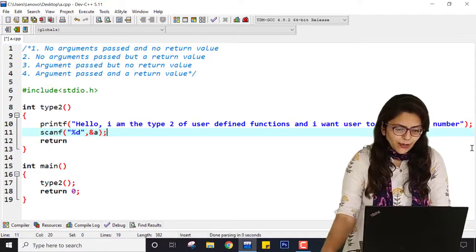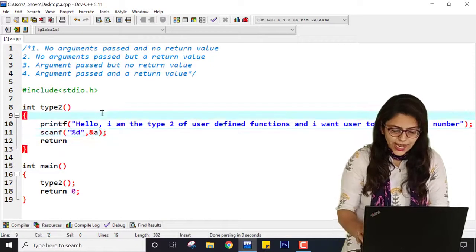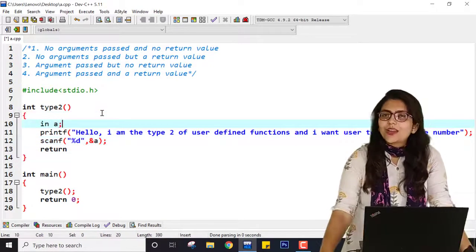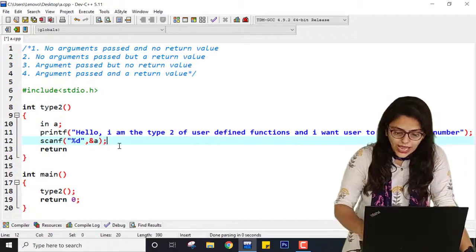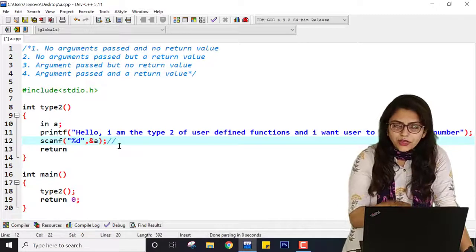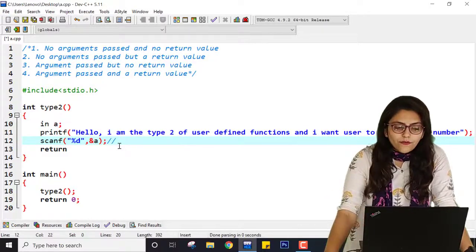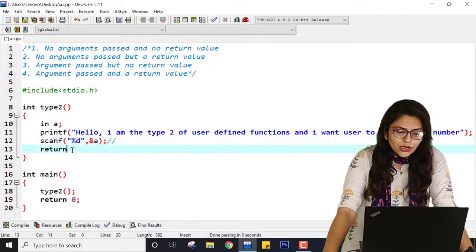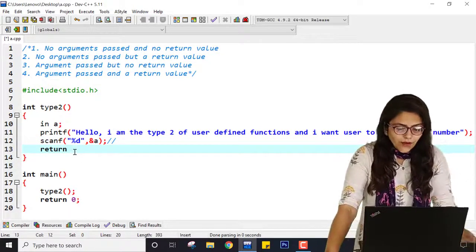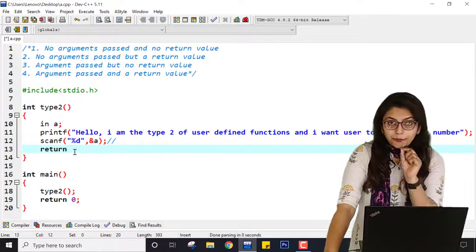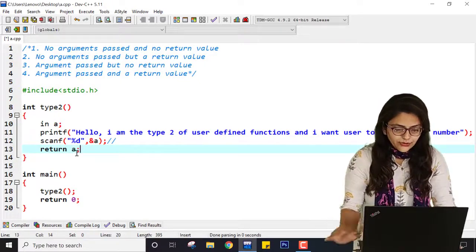Now you can ask, ma'am, you have not declared a. Yes, I have not declared it, but I am declaring it right now. Now a is created and right now it has some garbage value, but after scanf it will have the value entered by the user. Here I am returning the value of a, not printing.